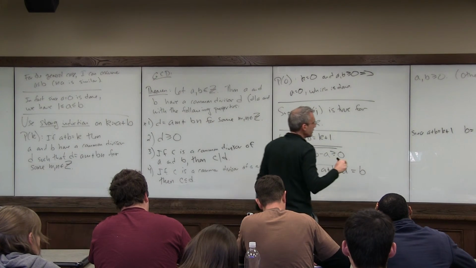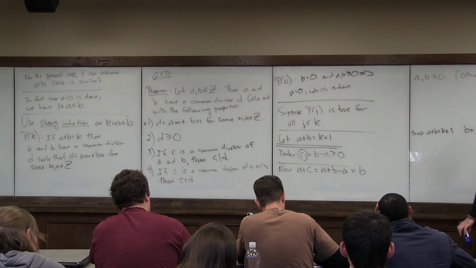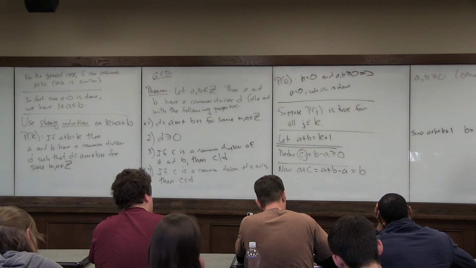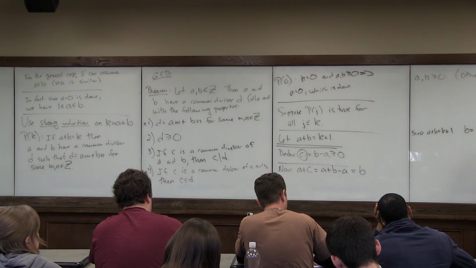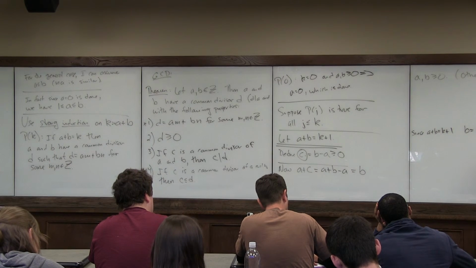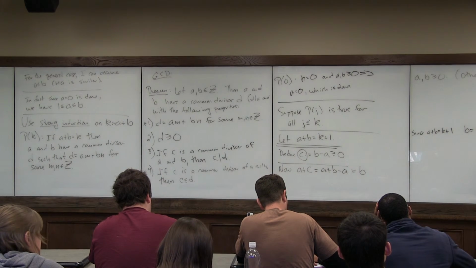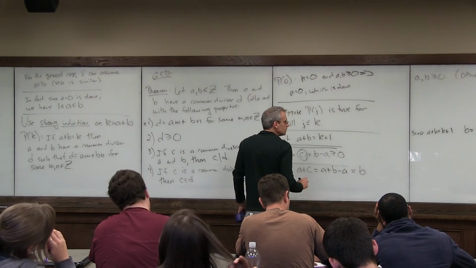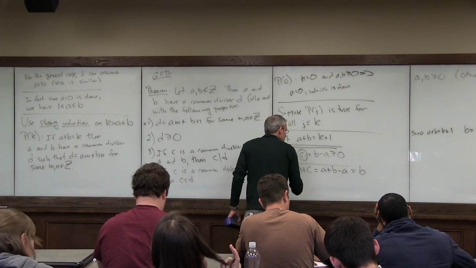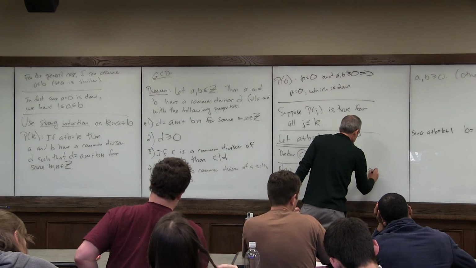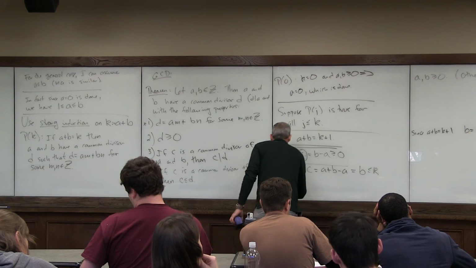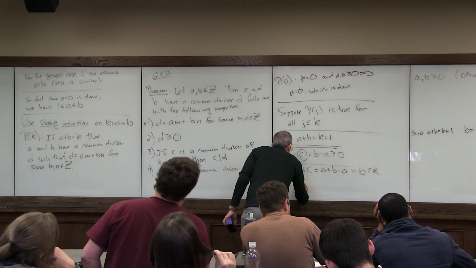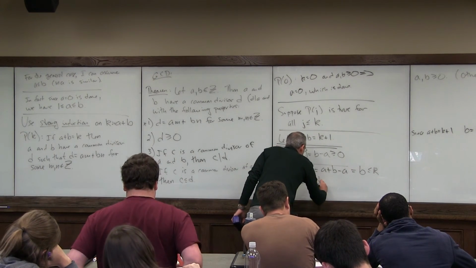It is greater than or equal to 1. So what is this now? Less than or equal to K, since A is bigger than or equal to 1, because we ruled out the case A equals 0. So now you see this is less than or equal to K. So I can use strong induction